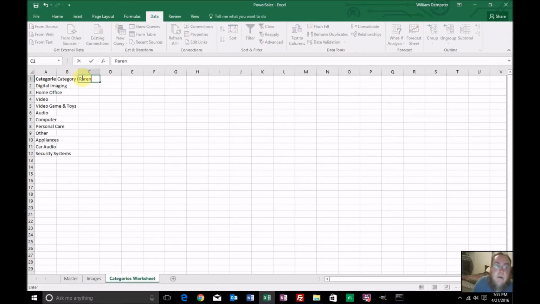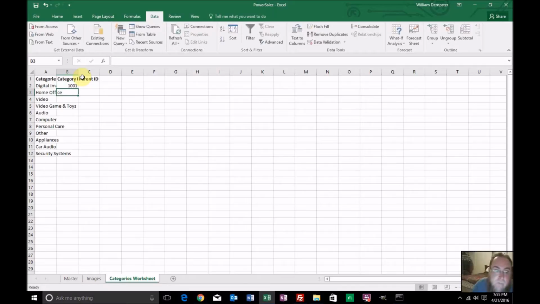There's also a parent ID. So you have categories inside of categories. The parent ID is the category in which this category is inside of. Well, this is a top category, so it's not inside of any category except the root category, which doesn't even show up in the store. So the root category is 0, so I'm going to label this category